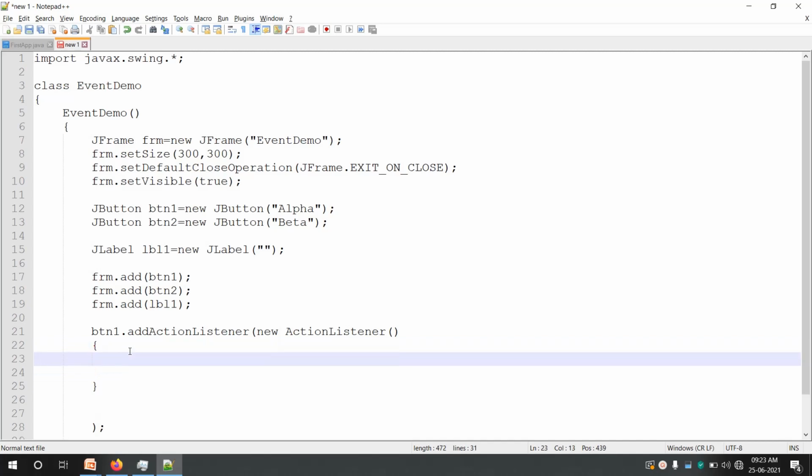The method is public void actionPerformed, and actionPerformed takes one argument, that is ActionEvent.